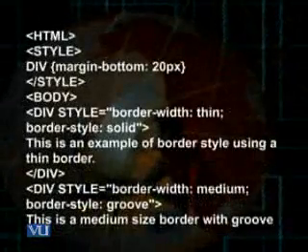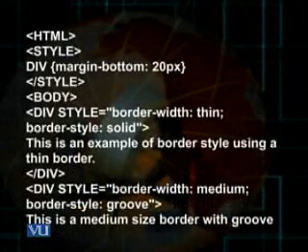And let's see the code behind this. We start with the HTML tag, then style tag, and in the style tag I have used the style definition, div margin bottom 20 pixels. That means that I want each box for the div tag to be separated bottom wise by 20 pixels.